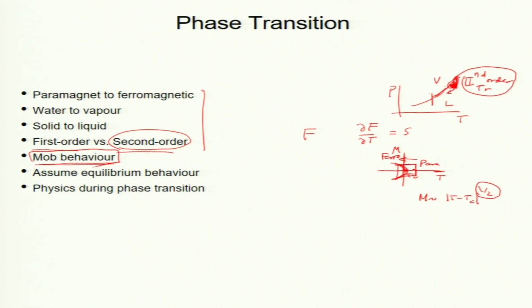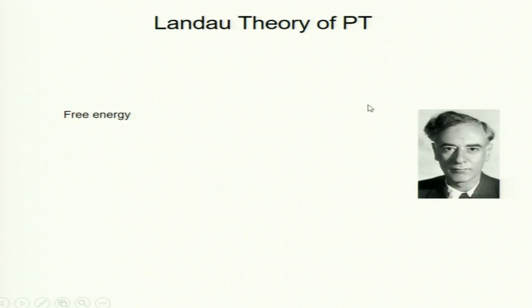and I am going to take a magnetic system as an example, not a liquid vapor system. It is slightly more complicated, but with this one to one mapping, it turns out these two systems behave exactly the same, exactly, not approximately, exactly the same near the phase transition, but that requires mapping. We will focus on magnetic phase transition, okay, para to ferro. That is what my discussion will be on.